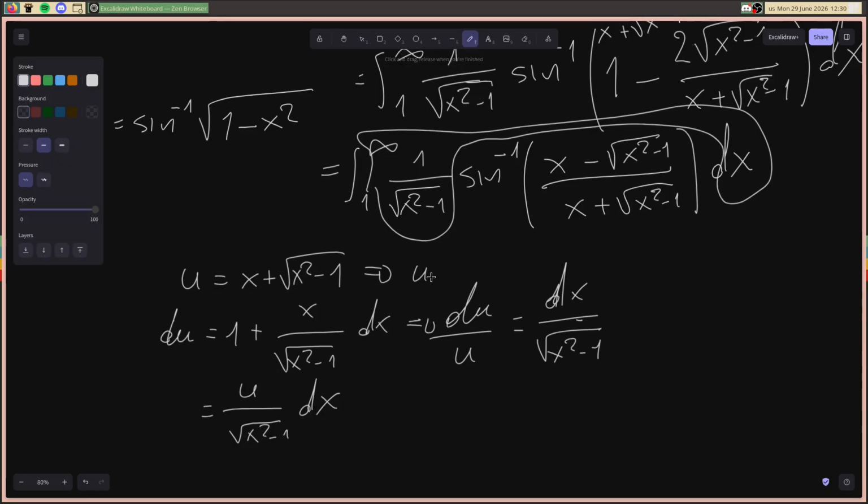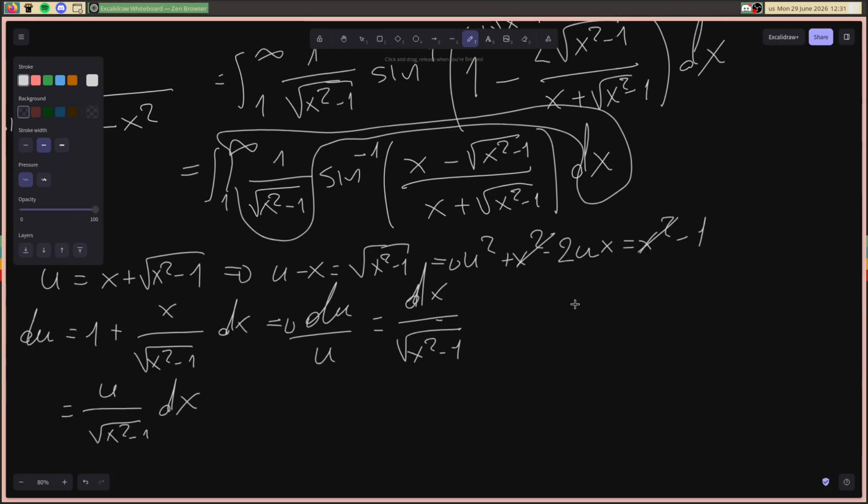which means u minus x is square root of x squared minus 1. Squaring both sides, we get u squared plus x squared minus 2ux is equal to x squared minus 1. The x squares are dropped, so now you get u squared plus 1 equals 2ux. So x is u squared plus 1 over 2u. So x minus square root of x squared minus 1,